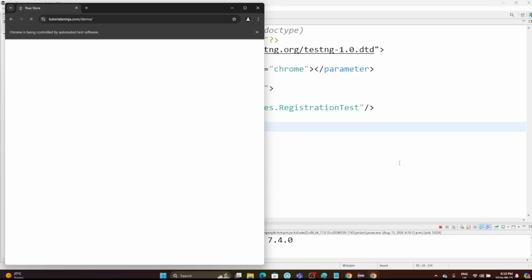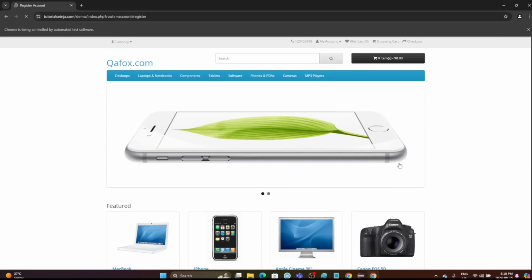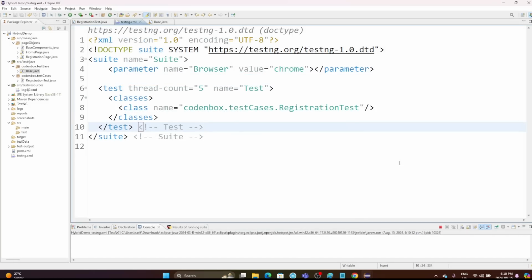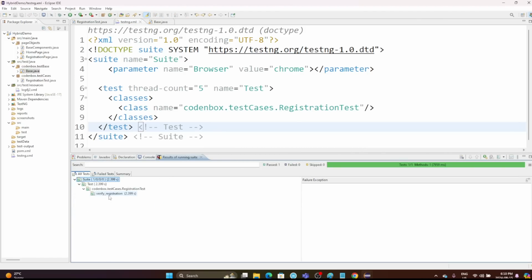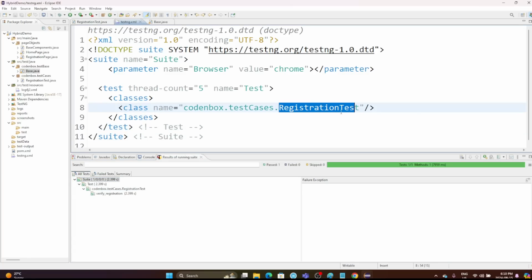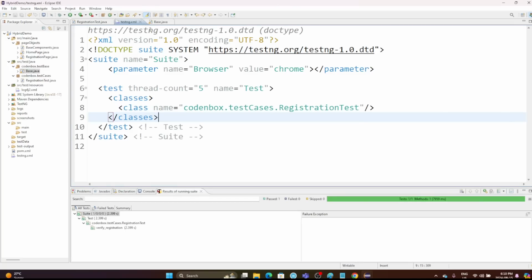Invoke the browser. Pretty good. Launch the application. Here we go. Yeah. It did. Looks good. One test pass, no fail. And you can see the test case passed, verify registration, right? Registration test case, that's the method. It's passed, right? Pretty good. So this is the way we can,